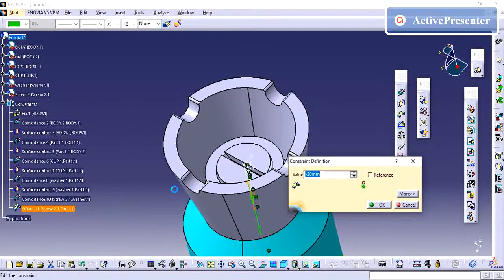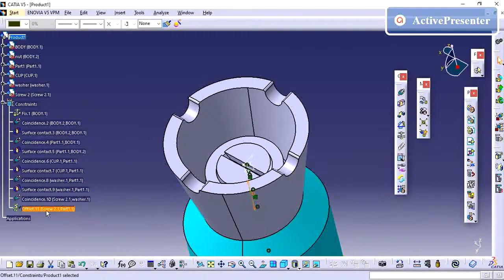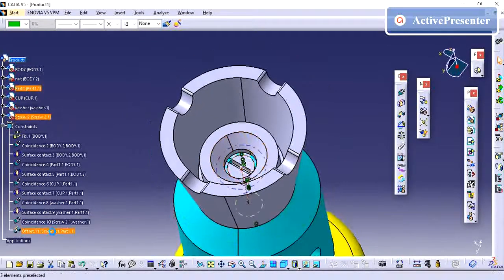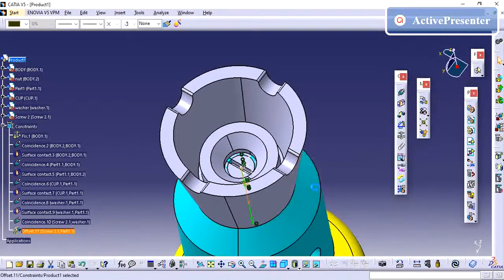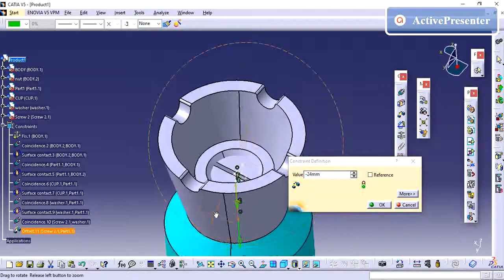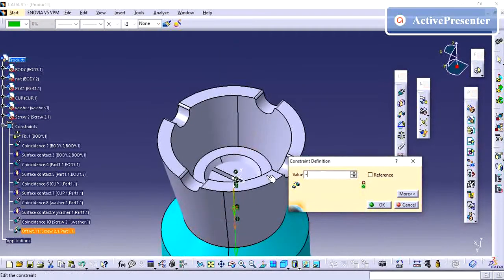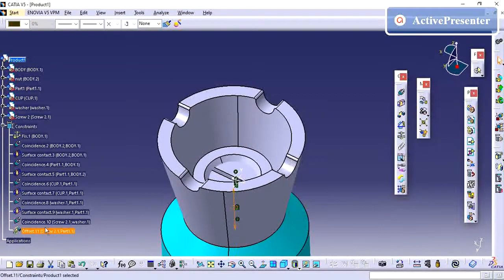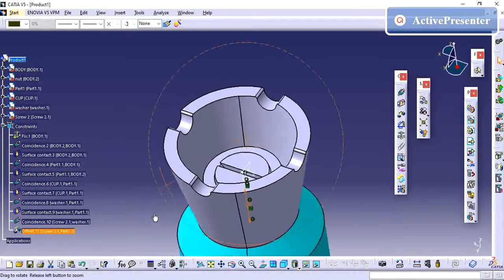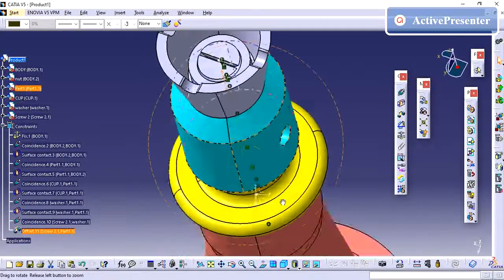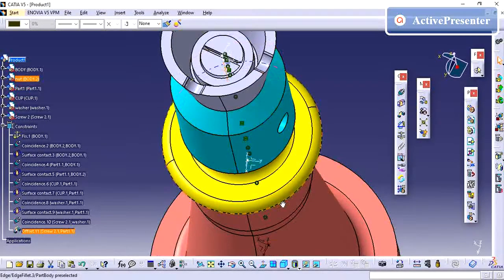I think it is having 30, minus 30. I need to give this because at the bottom we have a V cut, so that we can't provide the